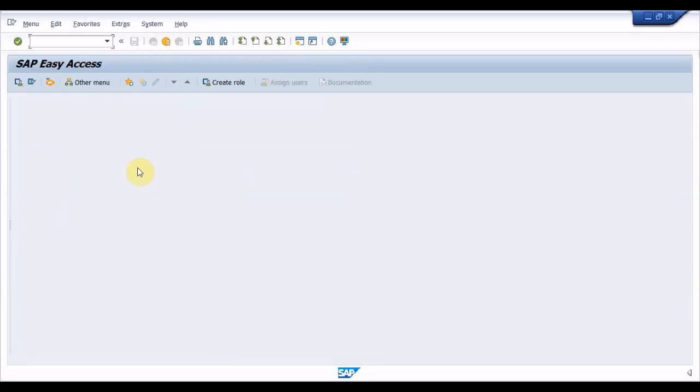Let us now create the access sequence for JTC1 and JTC2.